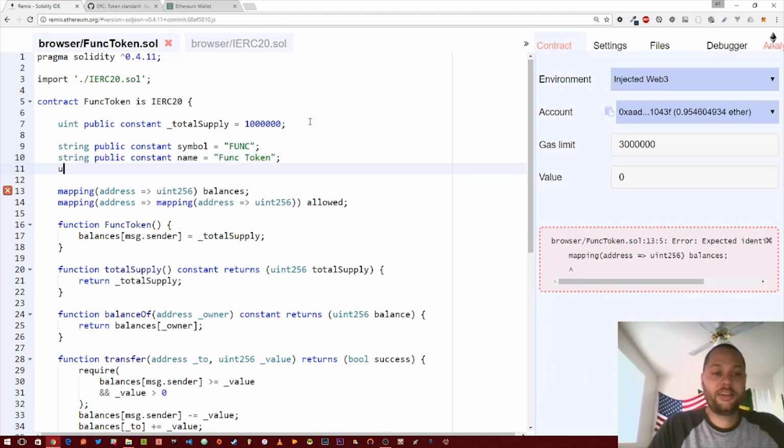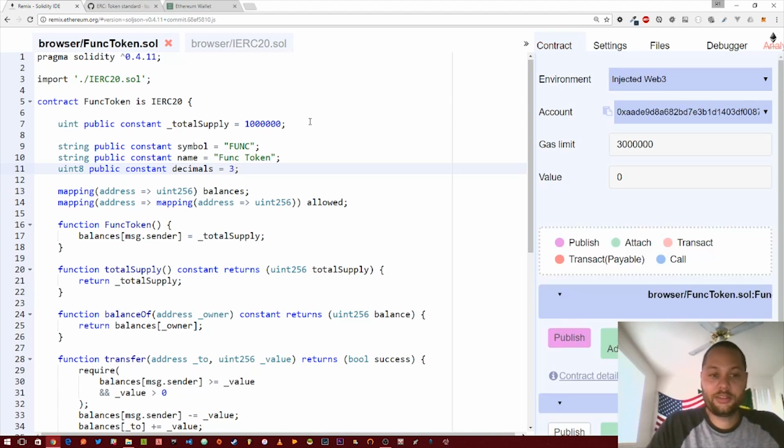And then finally, this one is called decimals, and all decimals is a way to show how your tokens can be broken up or denominated. So in this case, we're going to use 3 decimal places, and because we have, let's say, 1 million funk tokens,